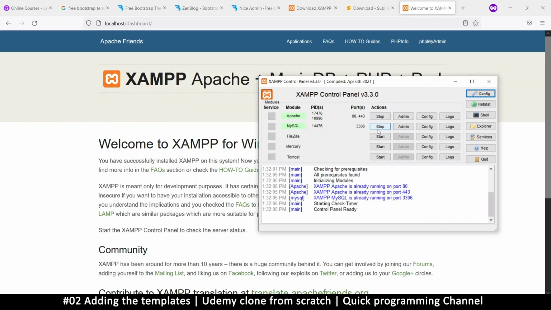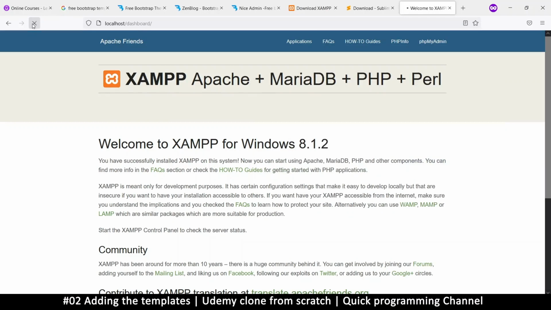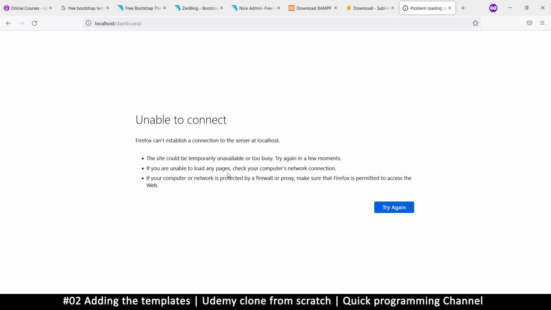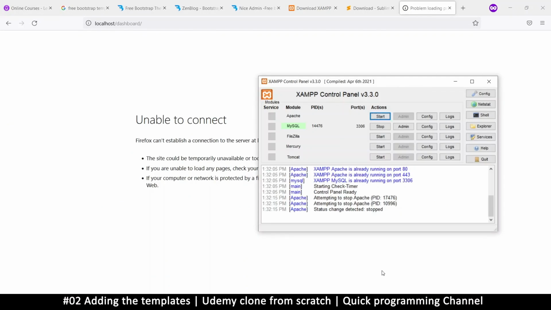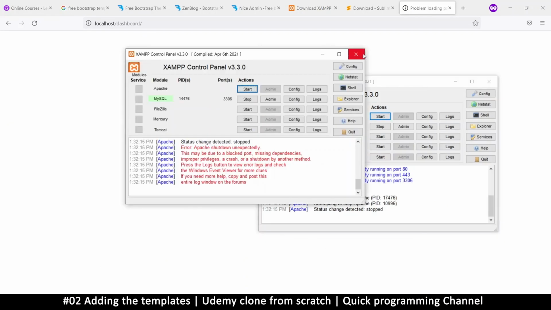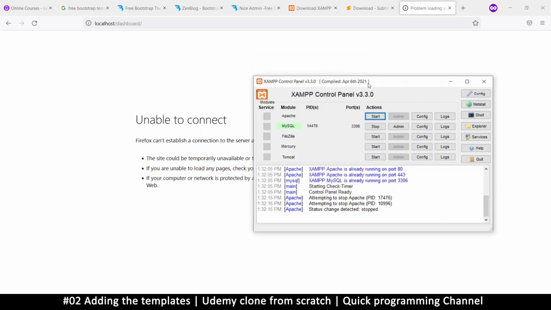If I stop it here, this is the start and stop button. So if I stop like this and try to refresh, you will notice that this will fail. That's why it's even taking longer. It's going to say unable to connect, something like this. Okay. So once you stop it there, why do I have two of these? That's crazy. Anyway,